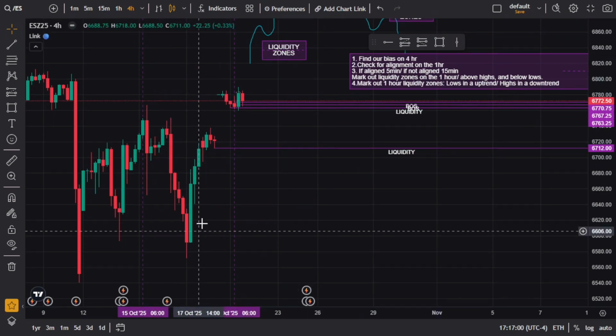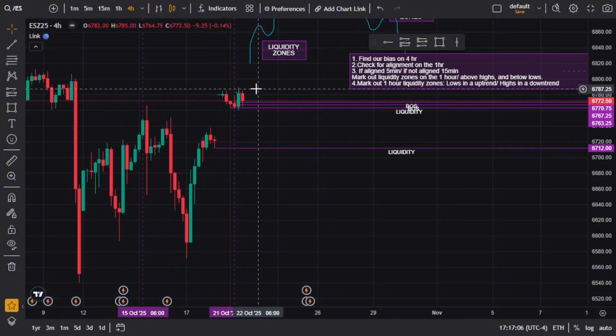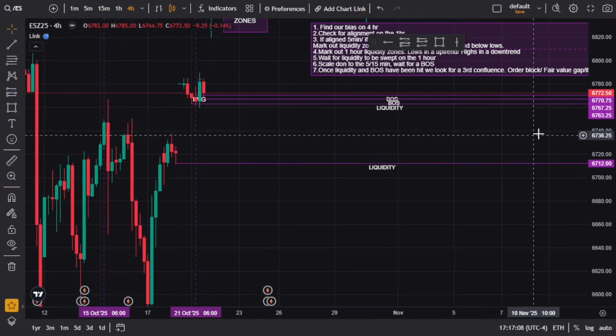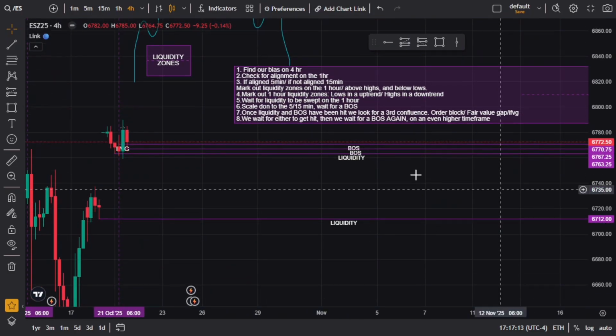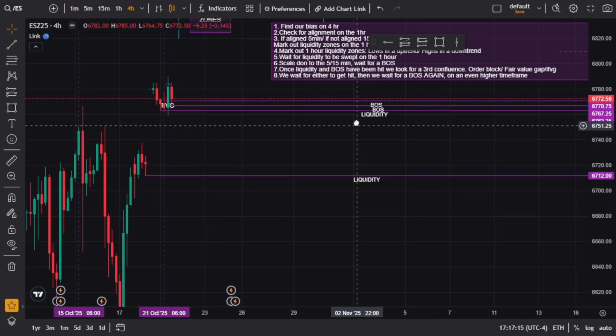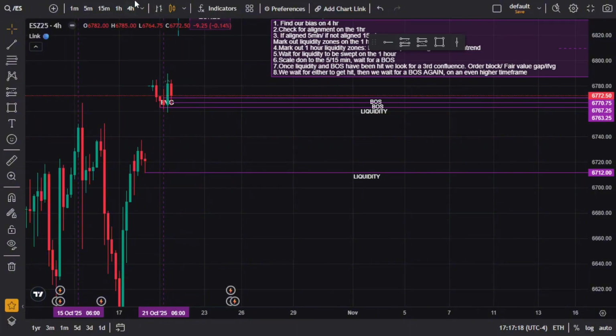So, as you can see here, we're in an uptrend. This is our previous trend on the 4-hour. After you check your higher time frame, check what your trend is, whether it's an uptrend or any trend. As you can see here, we're in an uptrend. After you check that,